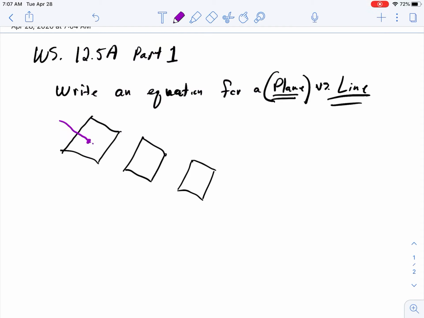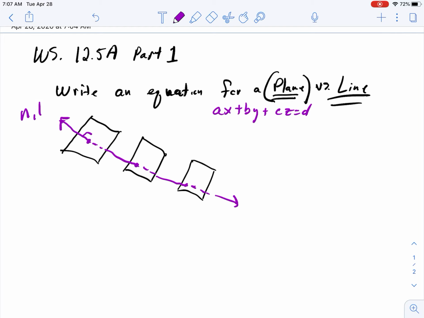Okay, so if I draw a line through them, how are they represented? Well, the equation is in standard form, which would be something like ax plus by plus cz equals d. Okay, this line here